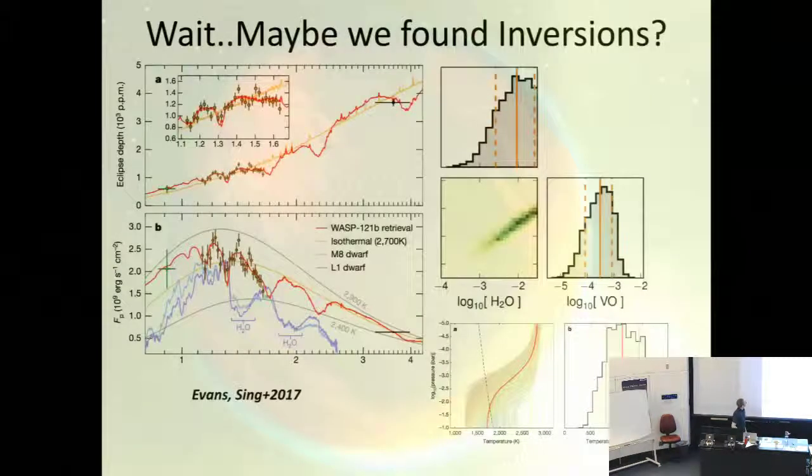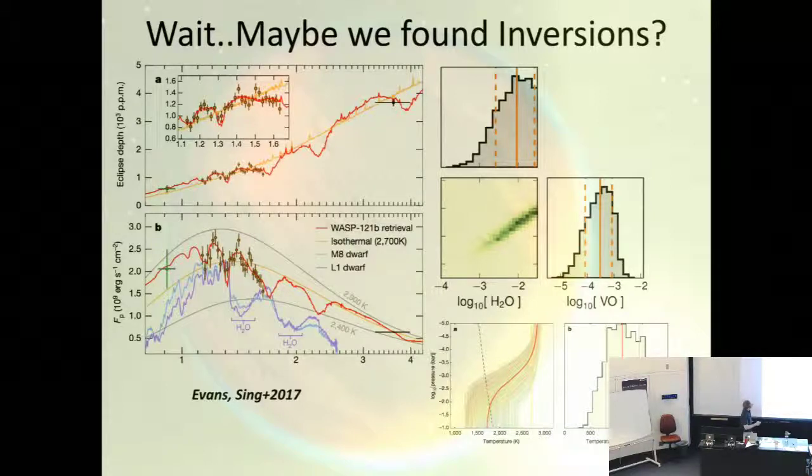So the point is, we can back out what these thermal profiles look like, and there hasn't really been much evidence for inversions until this study. This is a nice study by David Singh's group, Tom Evans, where they measured a near-infrared spectrum, and it was kind of goofy looking, and when you try to fit for what the temperature structure would be, you find that this atmosphere is indeed inverted. And so this represents the first bona fide evidence for thermal inversions in a transiting hot Jupiter,